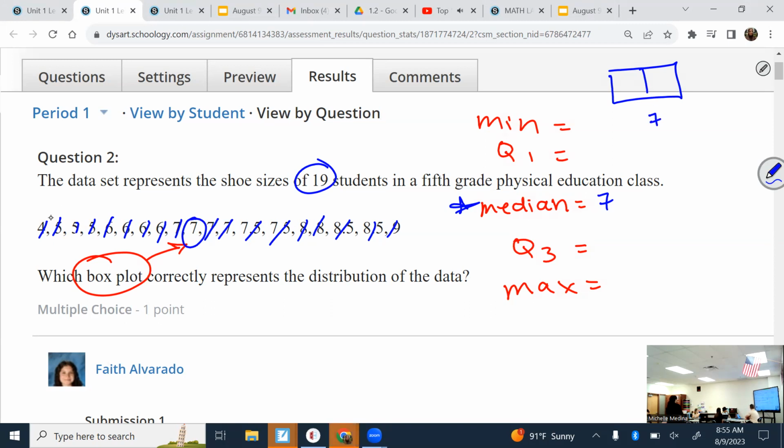What is my minimum of this data? 4, I know I crossed it out, but it was 4. And then what was my maximum? So then you can also eliminate any answers that don't have it on the 9 for the maximum or the 4 for the minimum. Odds are you're probably down to now just 2 answer options, which would be your quartile